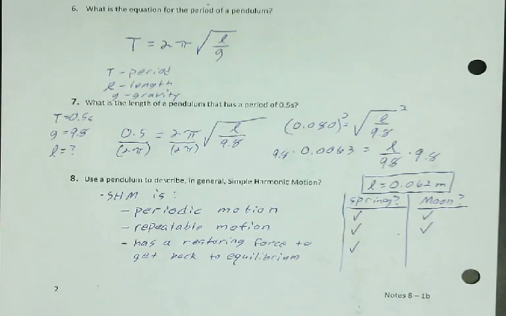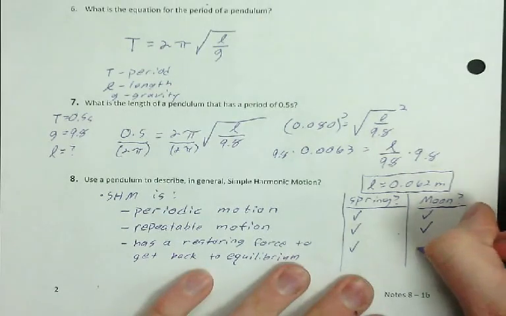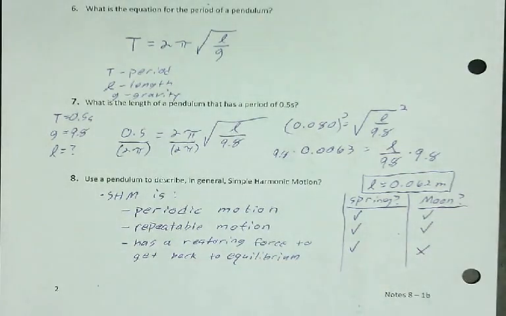Because if I ask you, where is equilibrium for the moon, you can't name it. Where is the natural spot where there's no force? I don't know where it is. So because you don't know where it is, there can't be an equilibrium position. So there is not a restoring force to bring it back to equilibrium, which means the moon is not simple harmonic motion. It's periodic, it's repeatable, but it does not have a restoring force to get back to equilibrium. So that's what simple harmonic motion